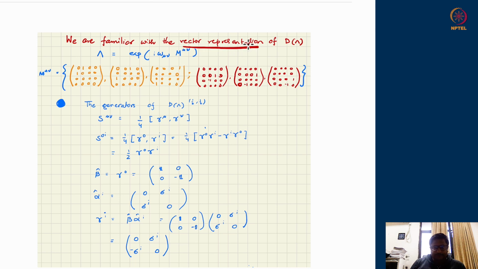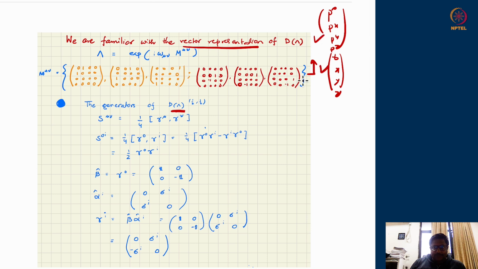They are the vector representation. Now in order to go to the spinors, we are looking for a spinor representation of the Lorentz group. That means I want a matrix D lambda which acts on spinors. The Lorentz transformations generated by these matrices are obtainable from these generators, and will act on the 4 vectors t, x, y, z, or p0, px, py, pz.